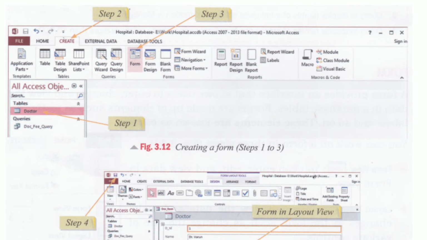As we create a form, the three new tabs appear. In the next figure, you can see the three new tabs. These are the design, arrange, and format tabs, which can be used by us to make changes in the form according to our choice.